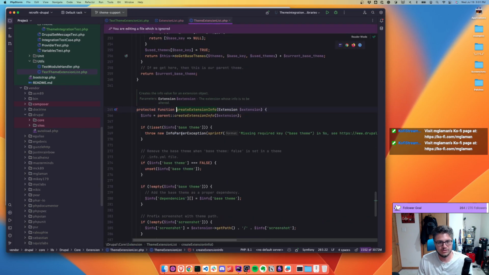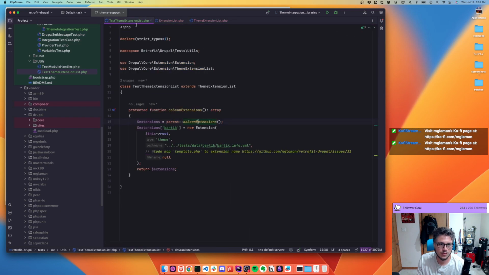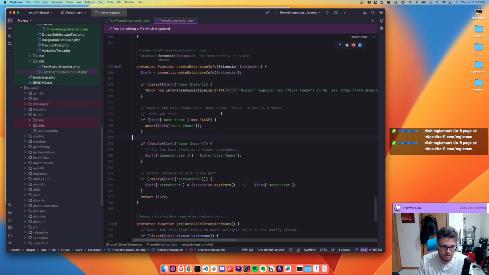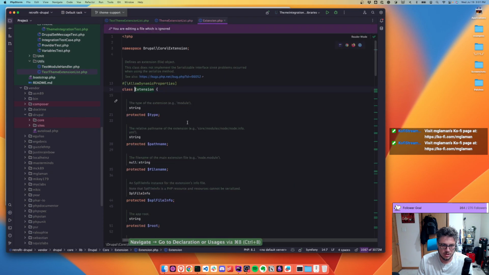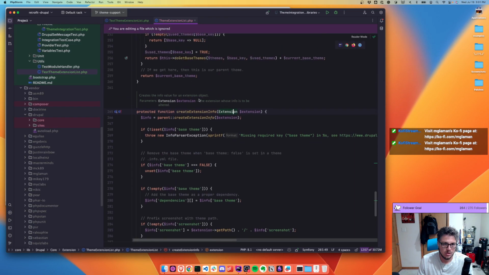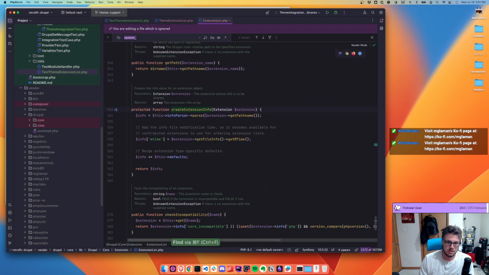The extension gets the info from the parser here. I guess I can do it all inside create extension info, parent. So extension, file name. Create extension info. So if we do new